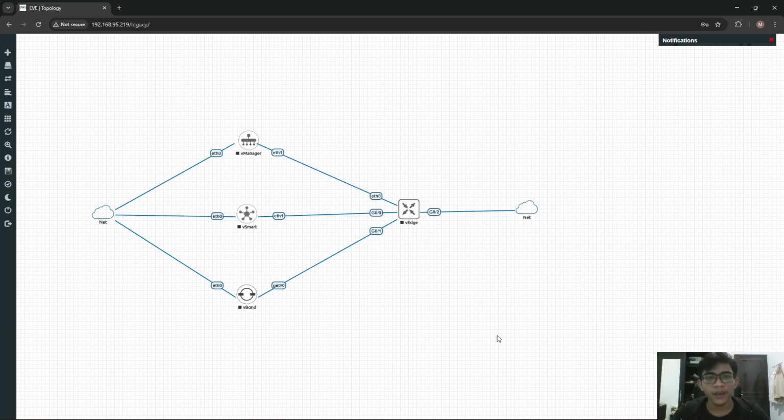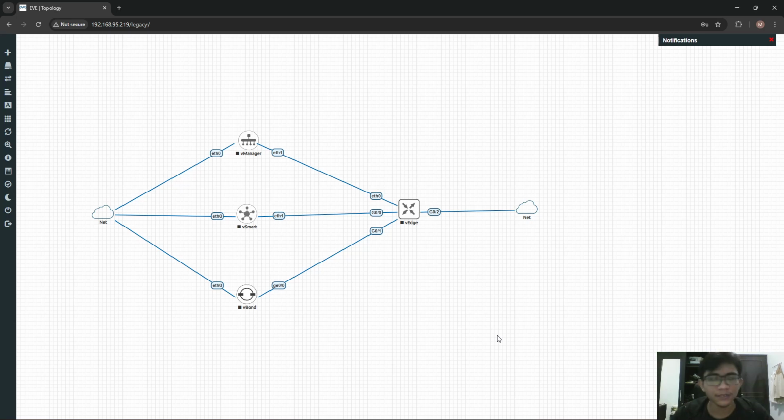Next is the reason why we use SD-WAN. SD-WAN offers several advantages compared to traditional routing protocols like OSPF and EIGRP.